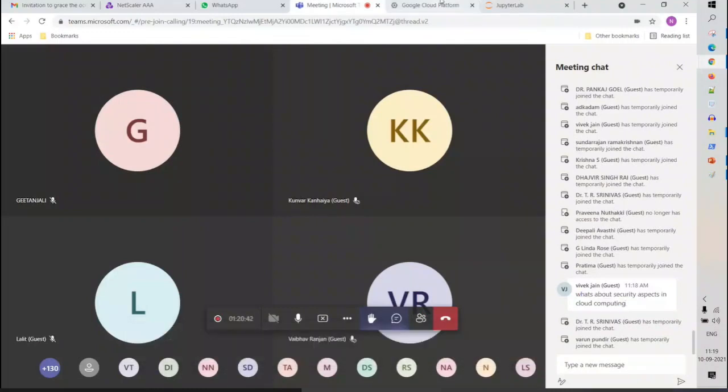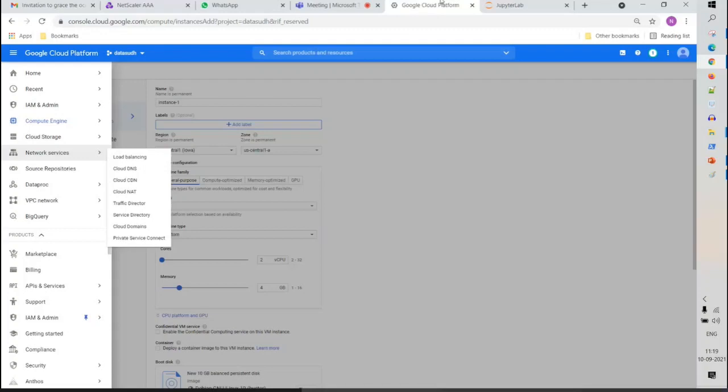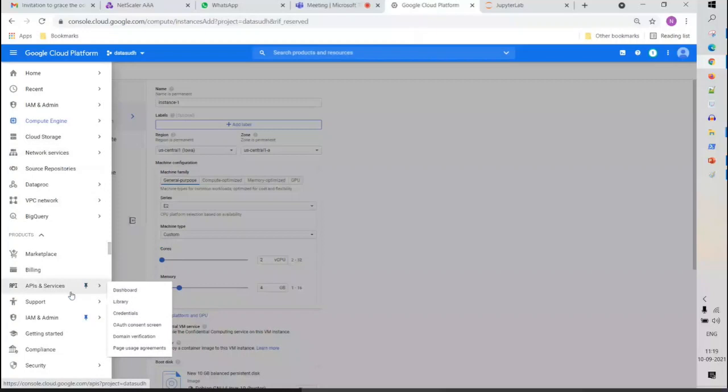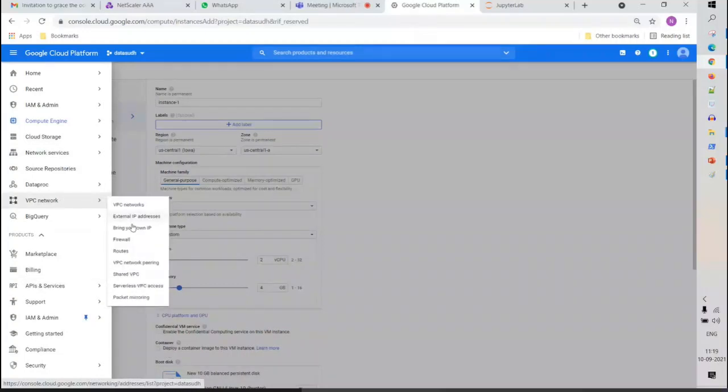See, in every cloud platform, there is a portion related to networking. These are managed by the networking team. So that is another role, network engineers. These network engineers set up VPC networks and other firewalls, routes, shared VPC. Whenever any organization moves to cloud, the first thing which is set up is these things. These things control your firewalls, control the IP addresses, and provide virtual private networks for us to work in along